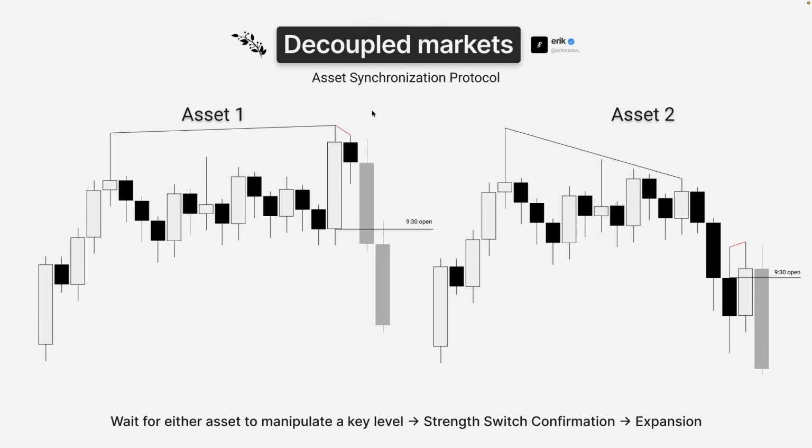It's the exact same thing. This is just in a more calm setting. So we decouple at 9:30 to manipulate the high. We have your second SMT, right? While asset 2 is not manipulating a high, and we're not getting that SMT. But look,